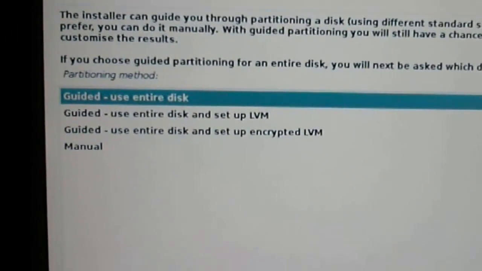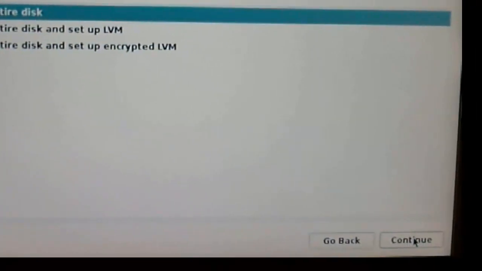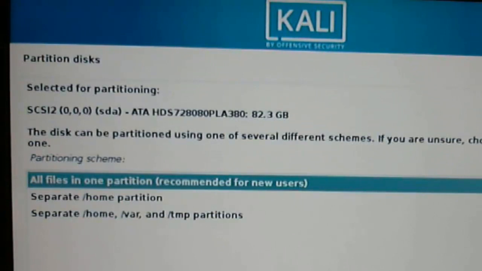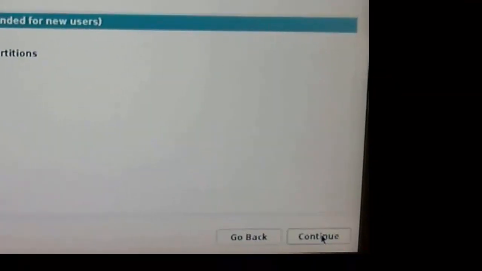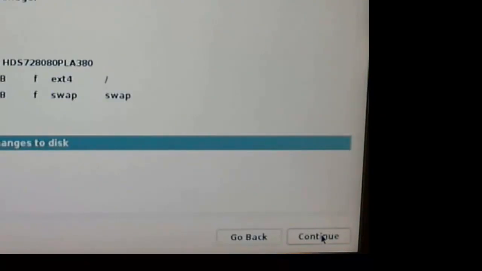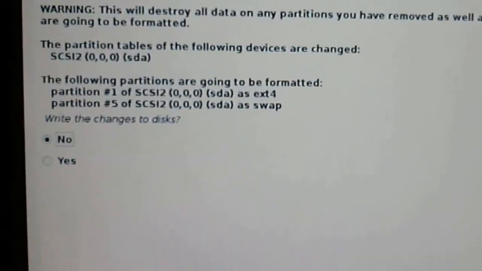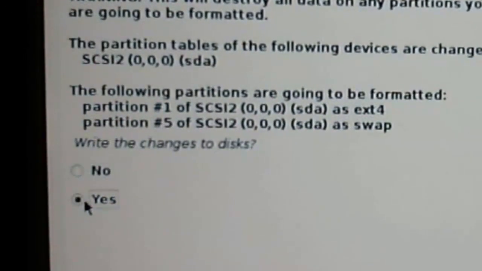Now the installation partitions my hard disk. Click continue, click continue. All files in one partition. Click continue. Write changes to disk. Click continue. Write the changes to disk.